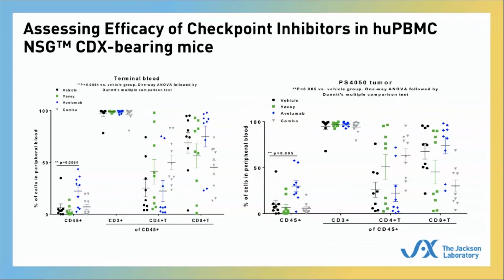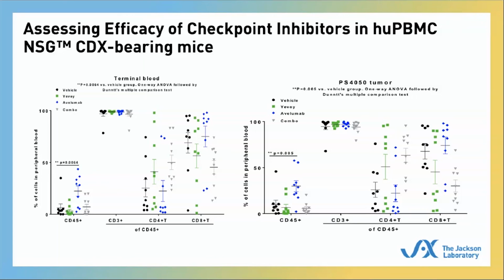Likewise, even though, as I mentioned, the PBMC humanized mice are really used for those rapid experiments, you can also do some mechanistic studies. So this is an experiment where we actually compared a checkpoint inhibitor, PD1 blockade, against CTLA blockade. And what we find is that, I didn't show the tumor growth inhibition data, but we did some flow data to actually look at the mechanisms of action, and what we find in this data is that it really ties in with what you find in the tumor growth inhibition,